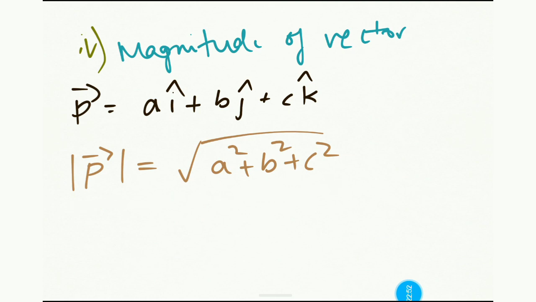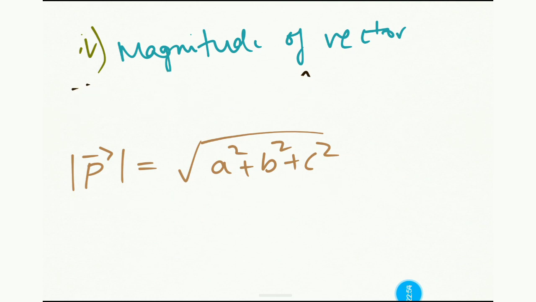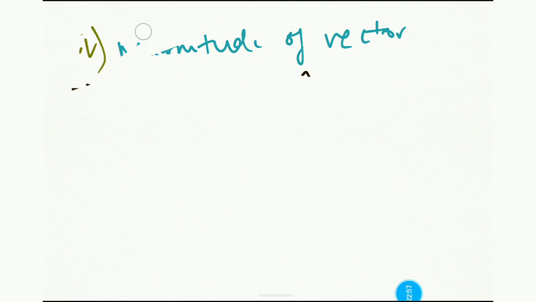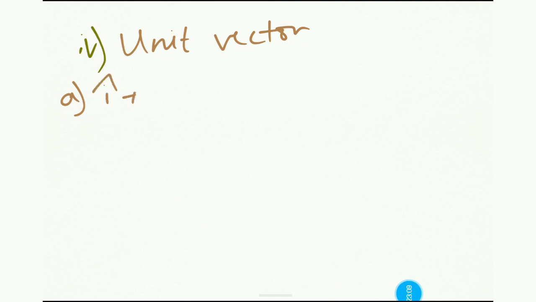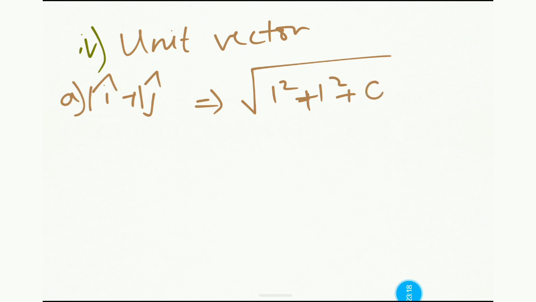Don't need to worry, with options we will see everything. Just note down this formula because we need to know this for the particular question. Only this question we are supposed to do with that formula. Without the formula we can't do. So we are supposed to find the unit vectors here. Okay, first A is i cap plus j cap. So how do we find the magnitude for this? Root of, here nothing is there, implies it is 1 square plus 1 square, where j nothing, so 0 square. So 1 square plus 1 square is 2, so root 2,